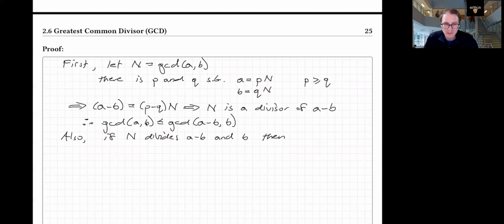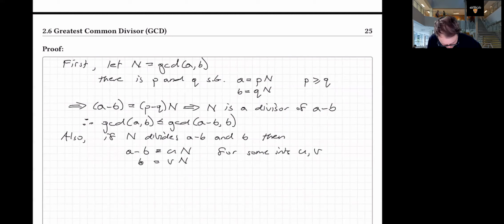Okay, so if some number n divides both A minus B and B, then that means we can write A minus B as U multiplying n for some U, and I can write B as V multiplying n for some integers U and V, right? Because n divides both of A minus B and B. And now add these. If I add them together, then that means that A